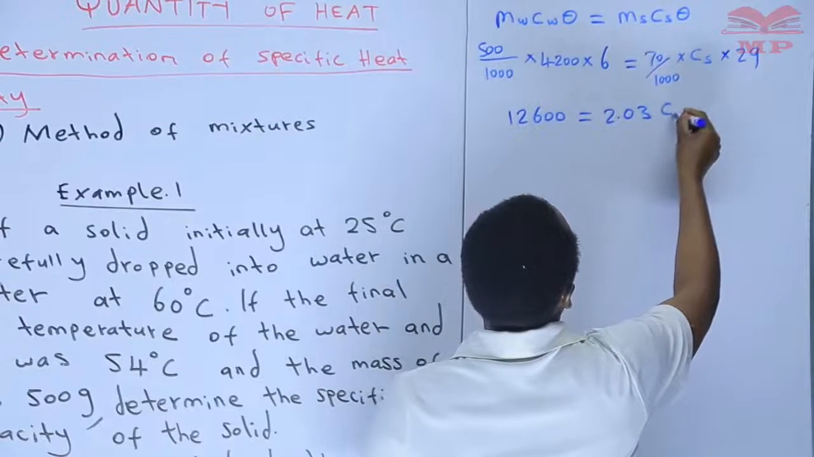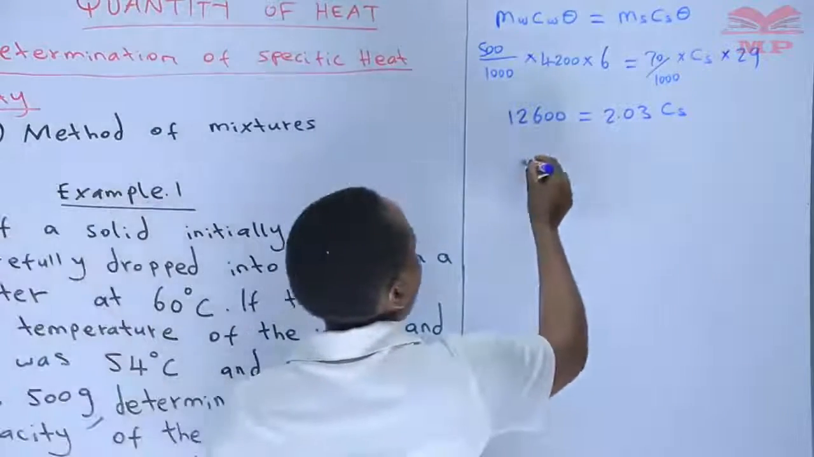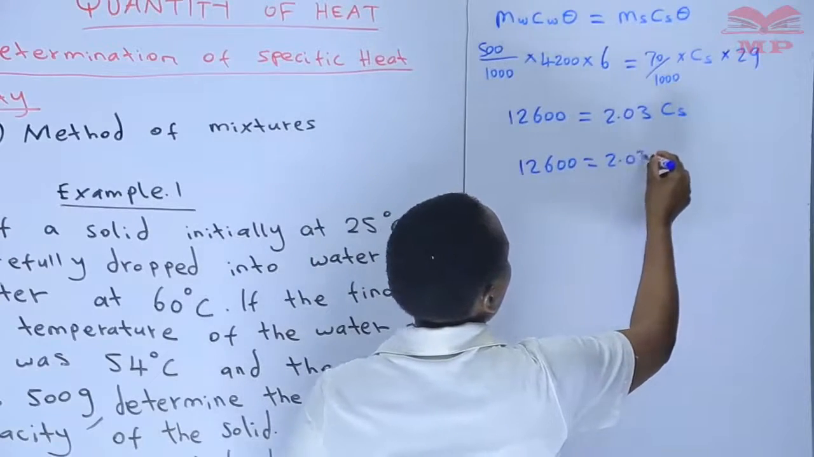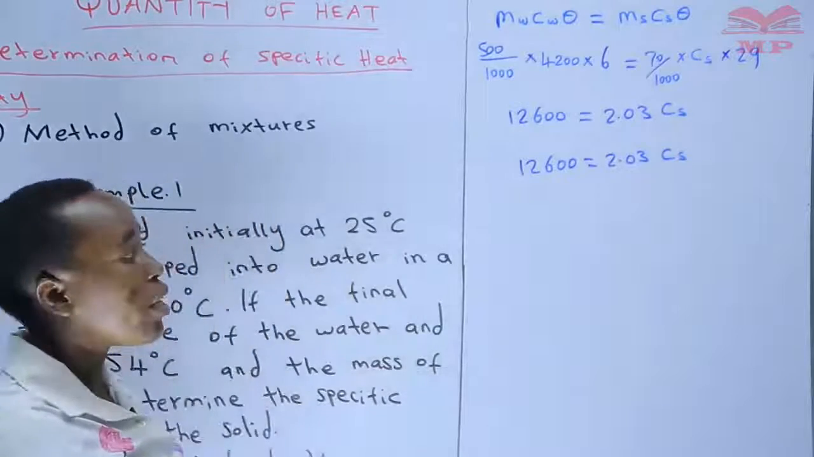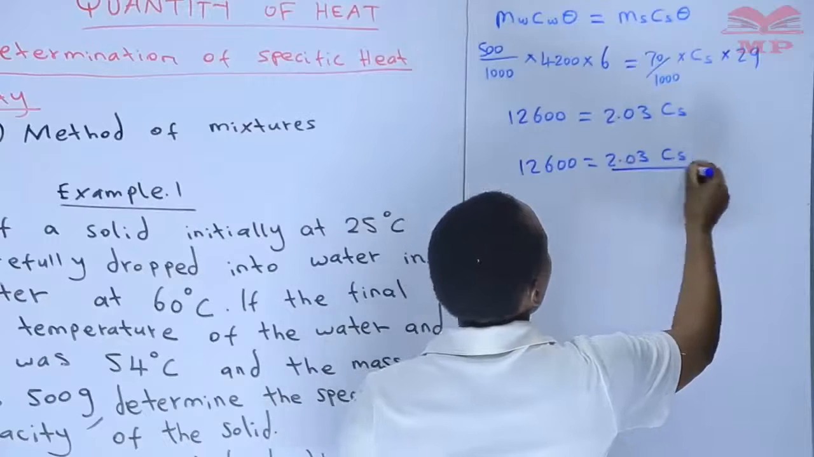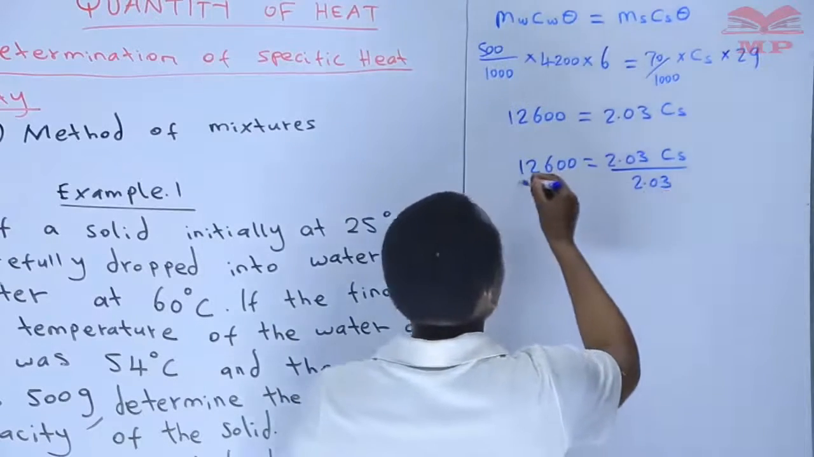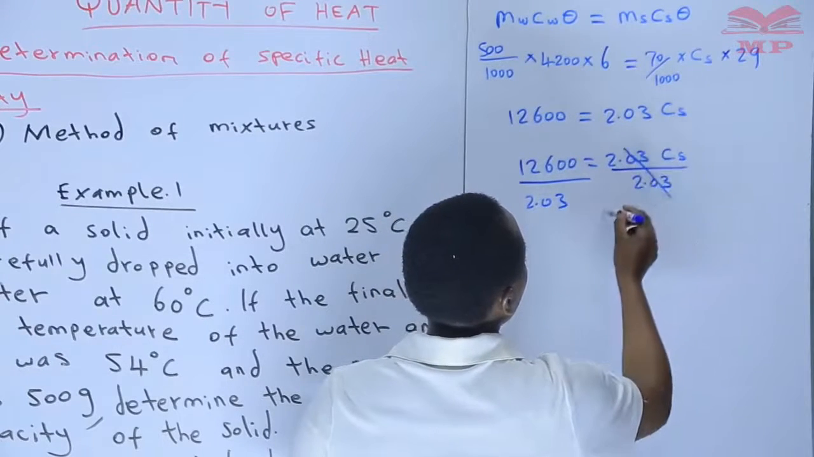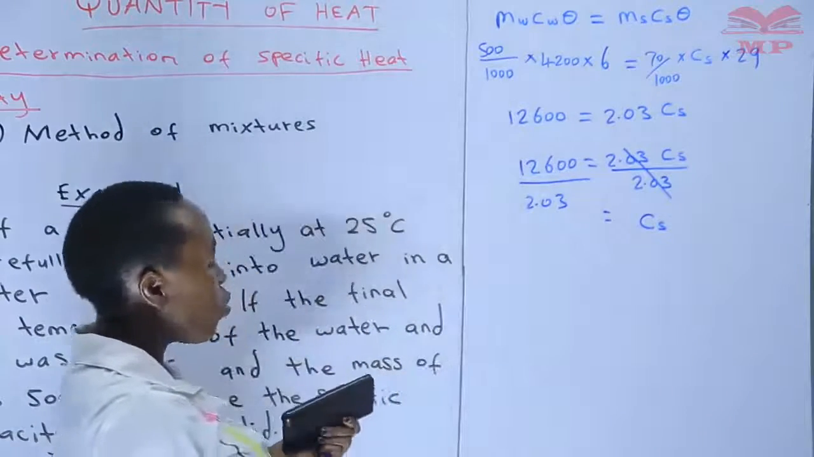So we end up getting 12,600 is equal to 2.03 multiplied by the specific heat capacity of the solid. And therefore, to get the specific heat capacity of the solid, we divide both sides by 2.03. 2.03 divided by 2.03, so we have that cancelling. So we have the specific heat capacity of the solid to be